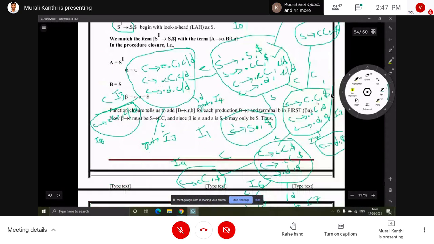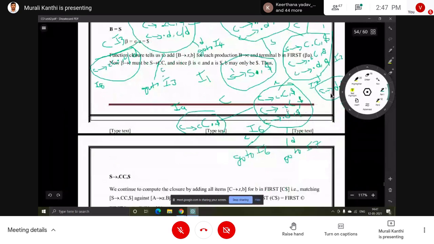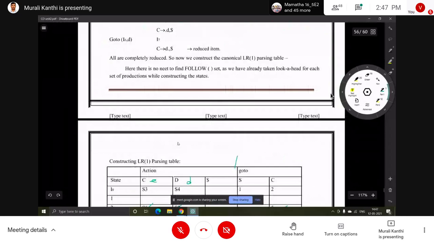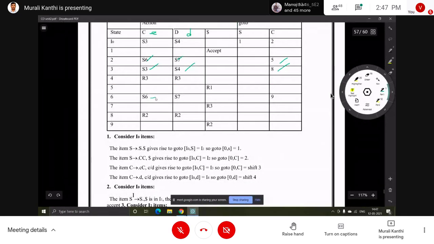Next to I6. Where is I6? Okay, this one. With capital C, with small c, with small d. Here with small c, S6, S7, 9.